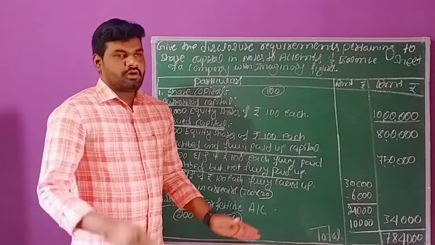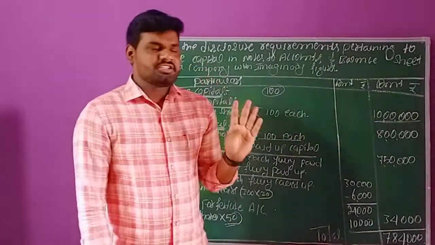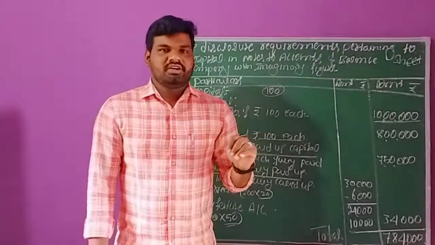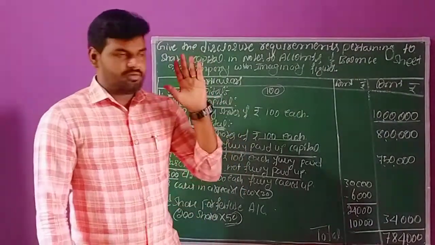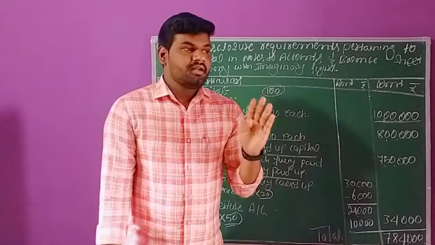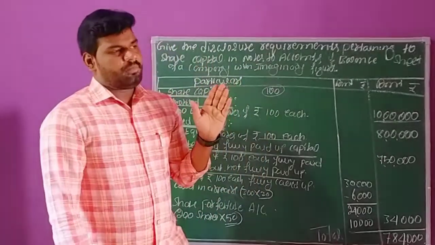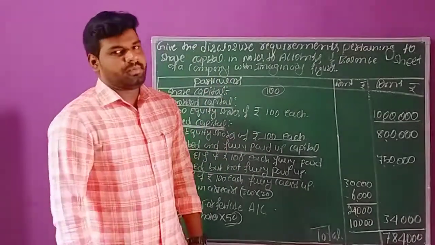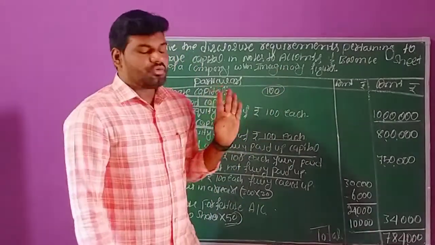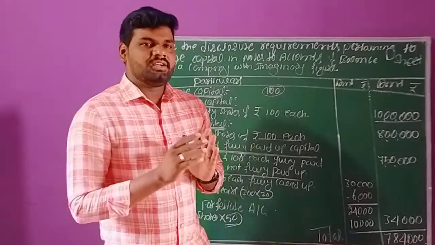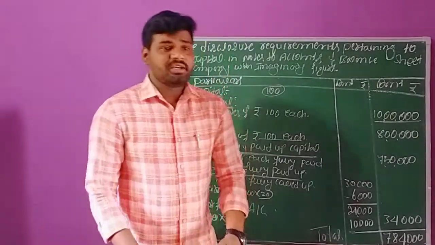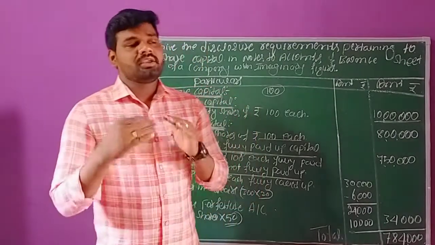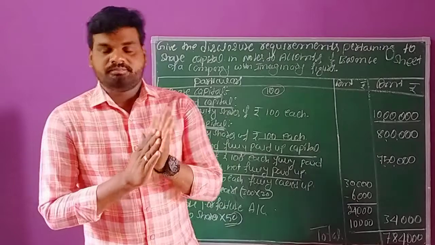In this chapter we have solved 6-mark questions related to the balance sheet as well as the statement of profit and loss account. And the same way we have discussed 3 practical oriented questions. Preparation of balance sheet with imaginary figures in vertical format. The same way, preparation of statement of profit and loss account with imaginary figures. And the third one, notes to accounts for preparing the balance sheet. These 3 are the practical oriented questions. So as of now we have completed this chapter, I mean financial statements of a company. In the upcoming classes we will start a new chapter. Thank you students.